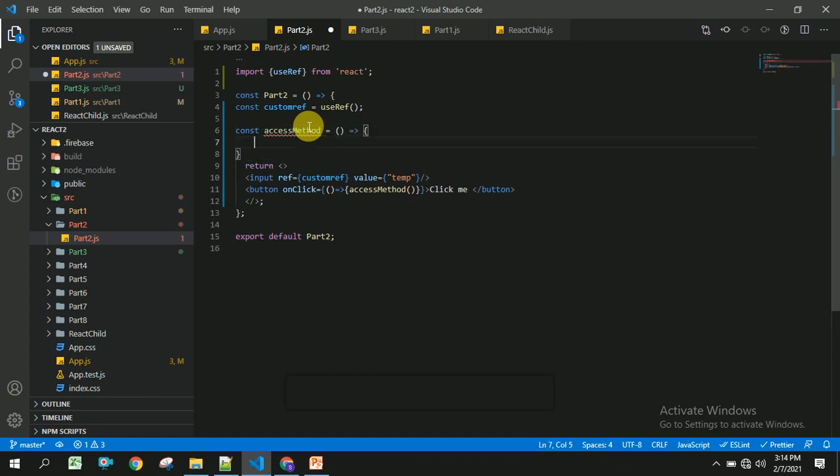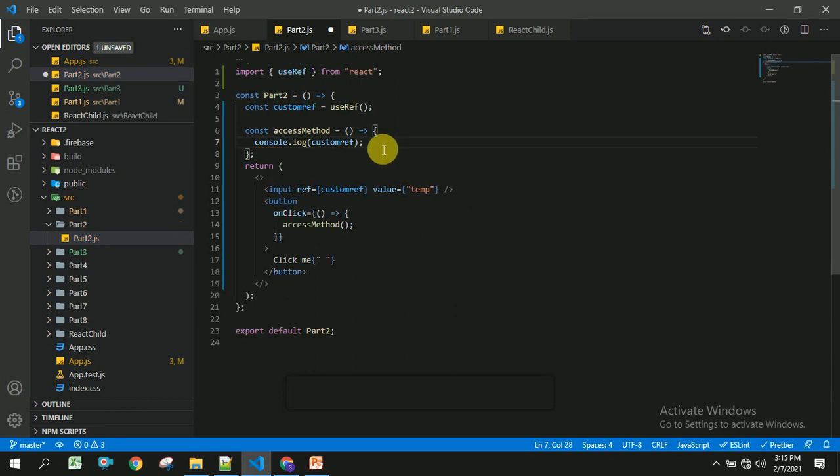This is the arrow function syntax for creating a method. Once the user clicks on this, I am going to log the input reference. So that's it. Let us save this and check whether it's working or not, and let us head back to our browser.